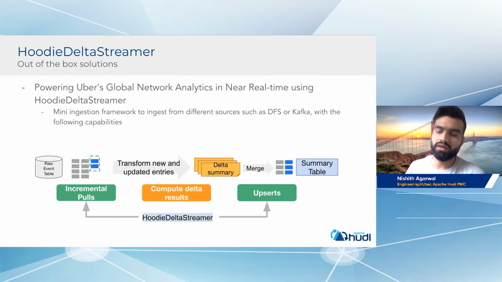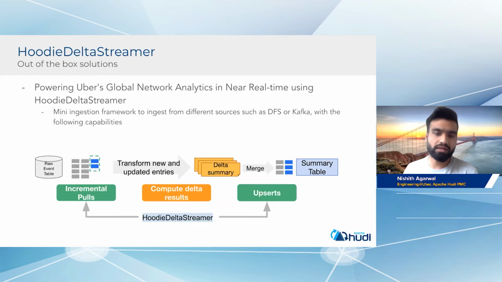So think about the Uber app running on different kinds of networks. There's 4G, 2G, LTE. All of these have different latencies which affect the performance of the application. So for Uber to look at where in the global network the performance of this app is being affected, that's the question. And the way the network analytics team solved it is we have these raw events that are coming in. These are network events.